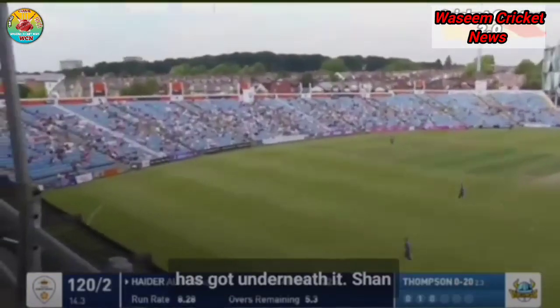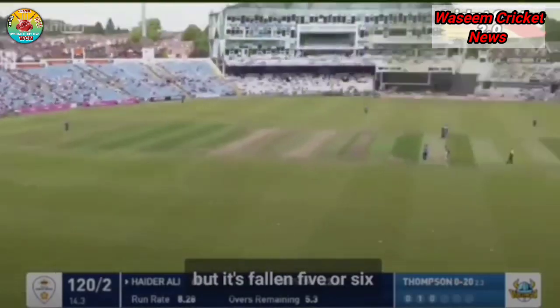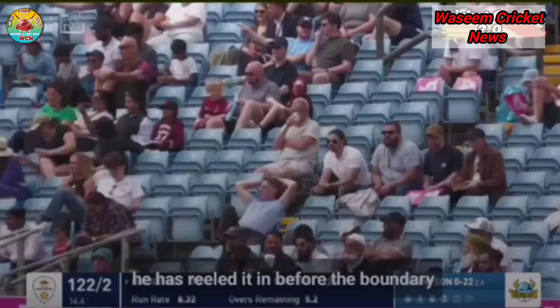Well, on this occasion, Ali has got underneath it. Shan Massoud is interested in trying to take a catch, but it's fallen 5 or 6 yards beyond his grasp. But he has reeled it in before the...